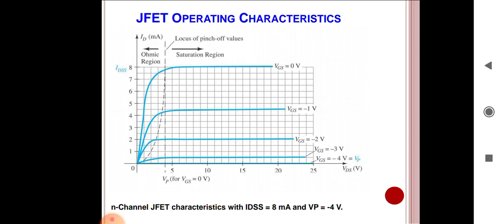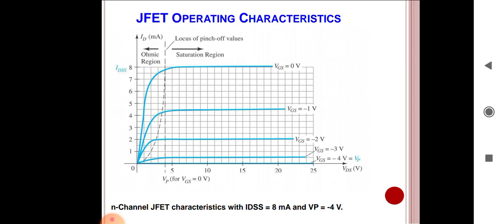So these are some regions which are present on the characteristics of JFET. Then we have seen the effect of negative VGS. If we increase the negative gate to source voltage, then channel width decreases and drain current ID reduces proportionally. Pinch off voltage means the value of drain to source voltage at which drain current reaches its constant saturation value, and any further increase in VDS does not have any effect on the value of ID. The value of VP reduces periodically with increase in negative voltage.